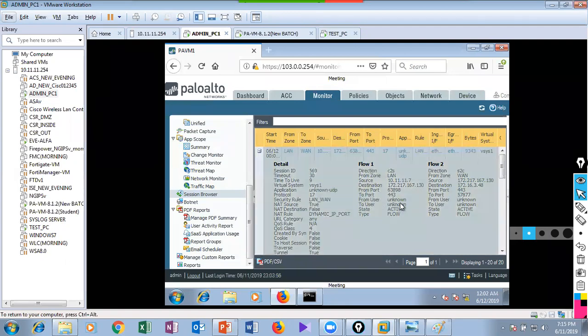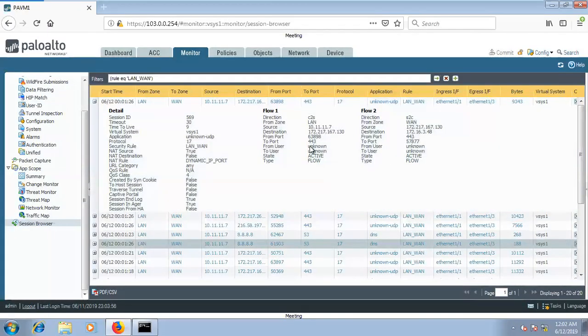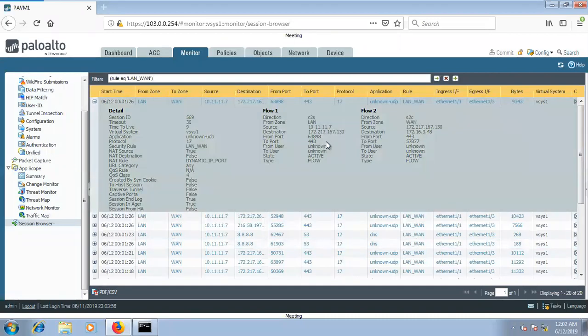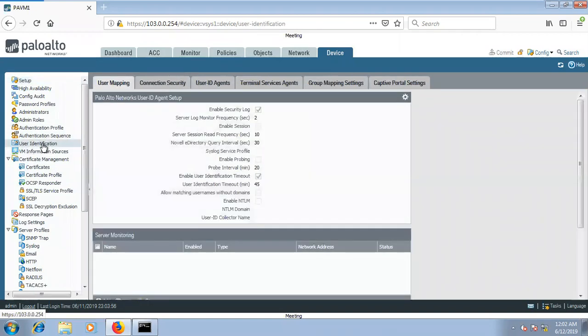Can you see any user information over here? Can you see which user is trying to get access? It's not present, right? It's showing unknown. So basically you can see only the IP addresses. So reports are getting generated based on the IP address. But I want the user identification to be done, right? So what I'll do, I'll come to the devices, and under the devices, you can see here user identification. Before that, what you can do,